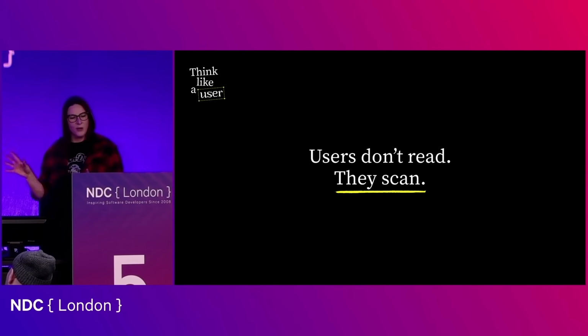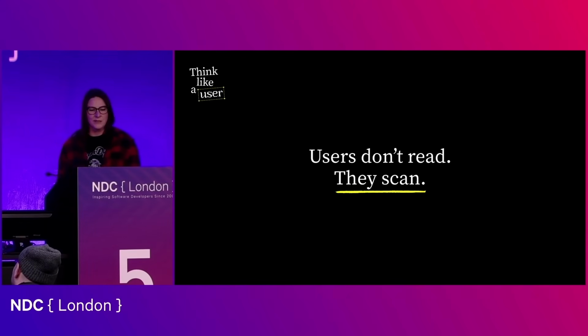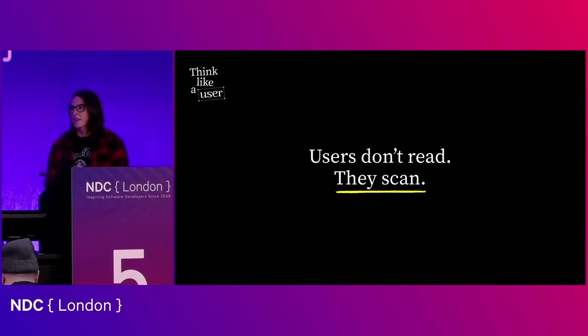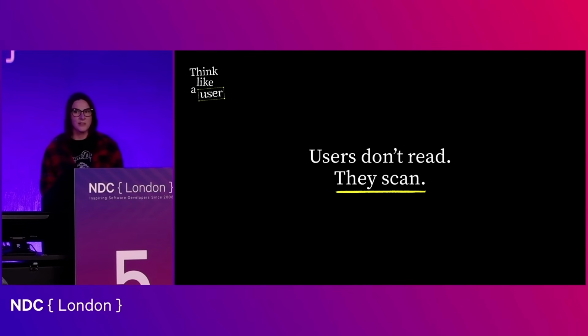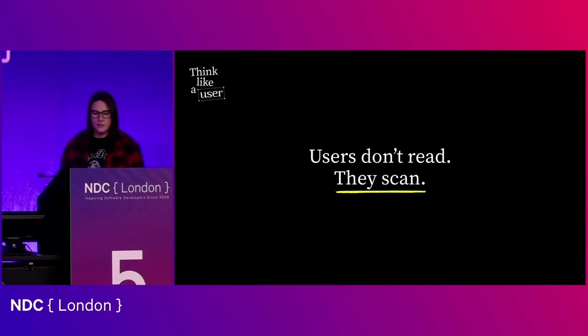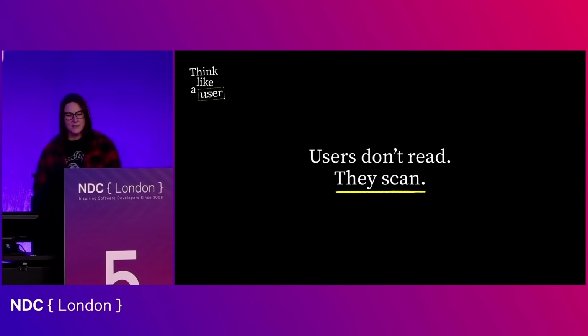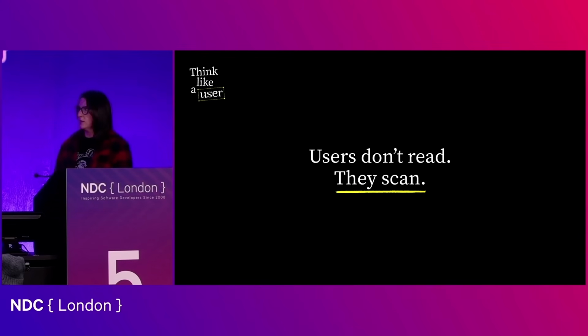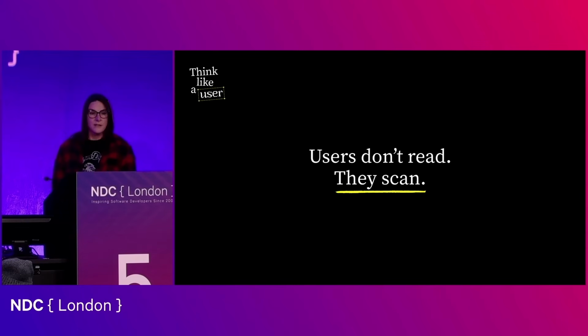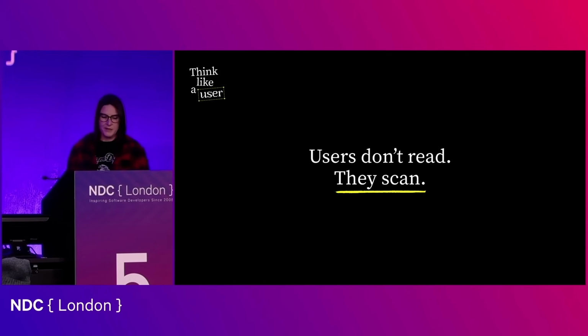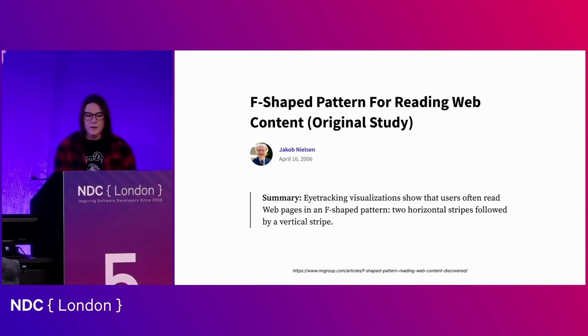So in light of that, one common thing that we know about most users nowadays is that they don't really read. They scan for content. They hunt for information they're looking for by skimming a page and looking for clues. Research has shown that users spend less than 3 seconds scanning content before they either find what they're looking for or they dip. So if your design is not optimized for the scan reading person, then it's unlikely that they're going to find what they need, and they'll leave frustrated. So how do we design for this behavior? Back to our old pal, Jacob Nielsen.